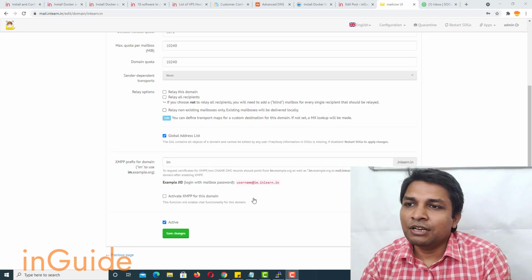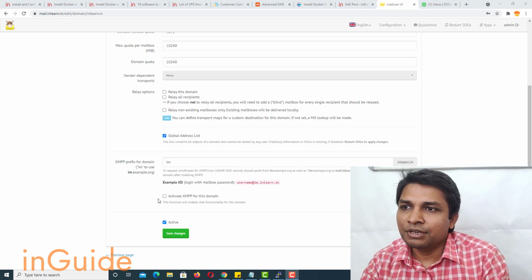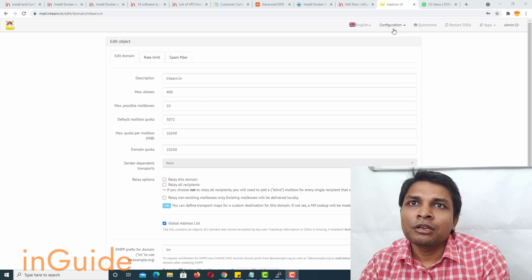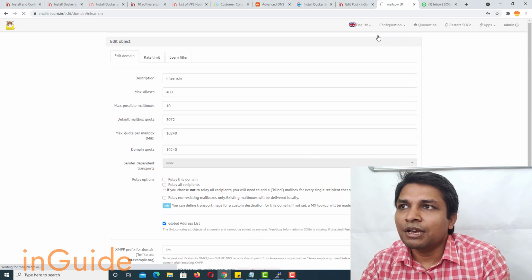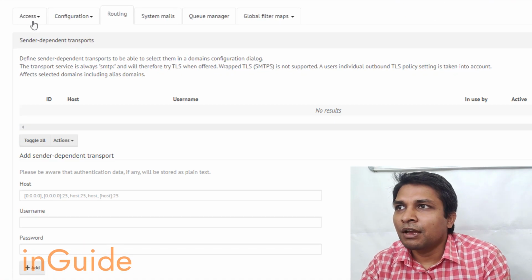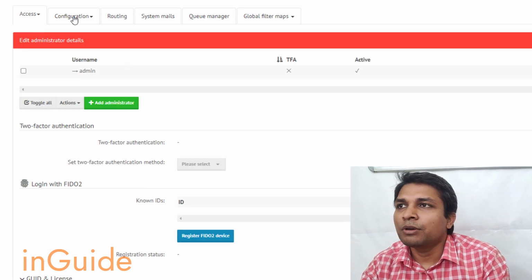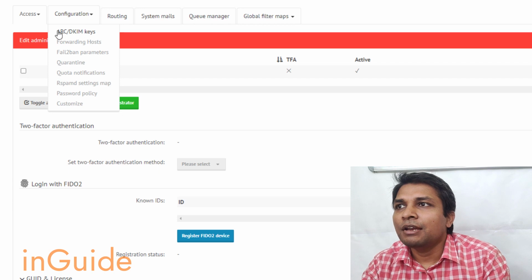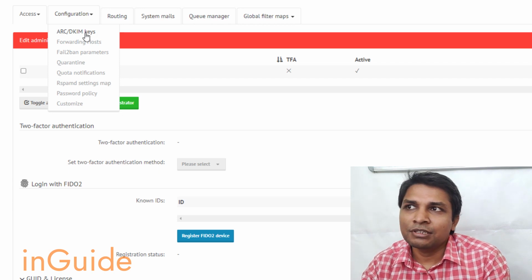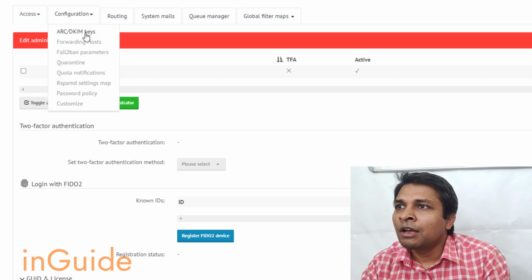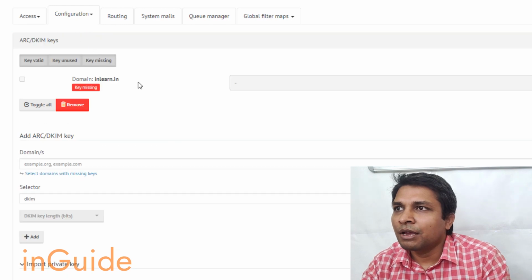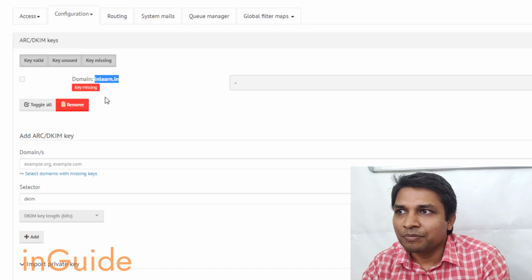So basically, if the DKIM key is not present here, you need to go to configuration and details, and usually you will land on this page, and then you have to go to configuration, and here you can see ARC/DKIM keys, and click on that. Here you can see I have this domain but the key is missing.